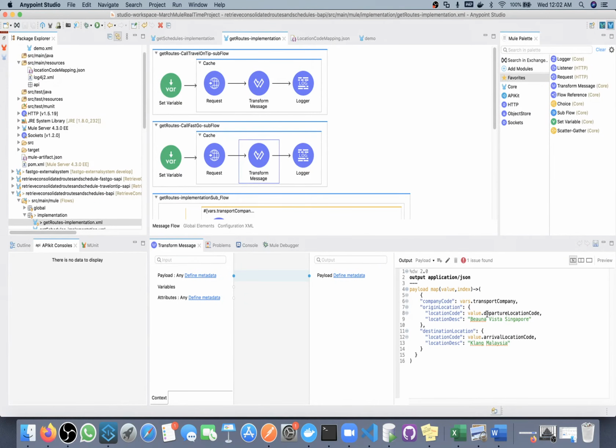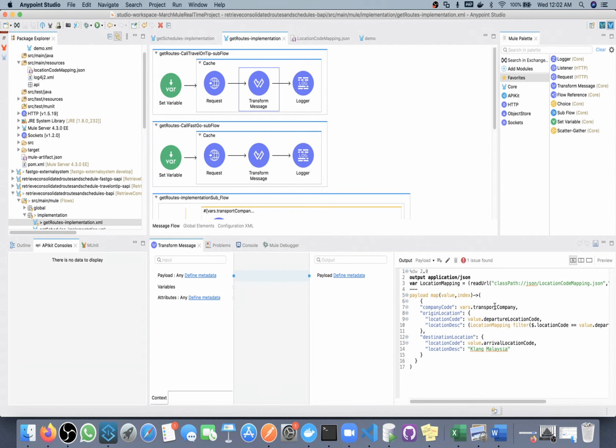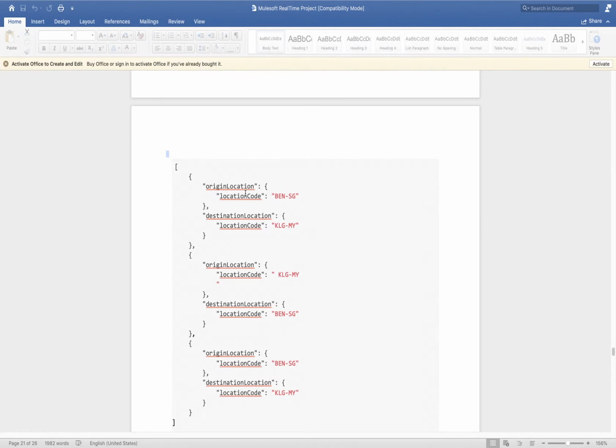So here the mapping is value dot origin location dot location code.